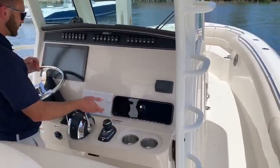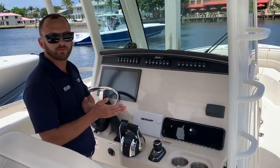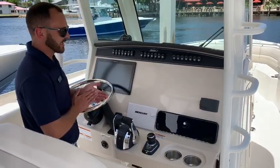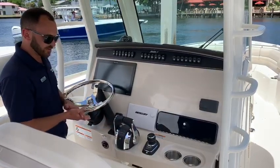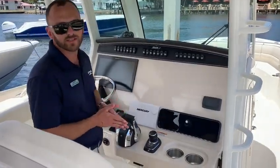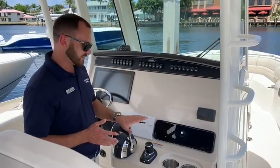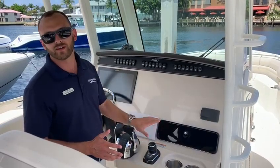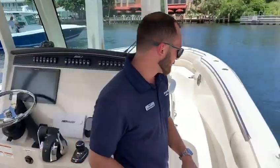you'll notice this is a joystick boat. It's equipped with the Raymarine, the new Axiom 16-inch screen. You've got space that we can always add another one if you like. But again, equipped with joystick, which makes this boat incredibly easy to maneuver and dock in tight spaces. Really takes a lot of the stress out of boating. We can do a whole other video just on the functions of the joystick, but it's incredible, really. So, moving up to the bow,